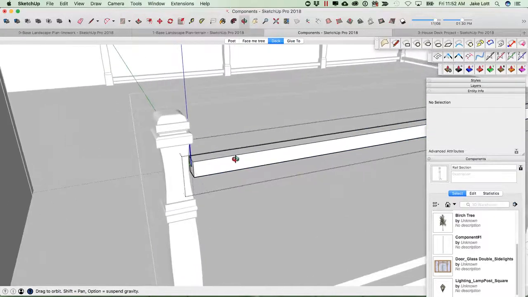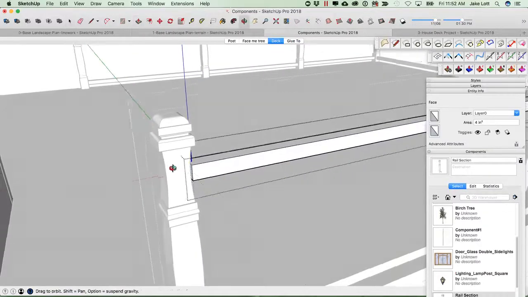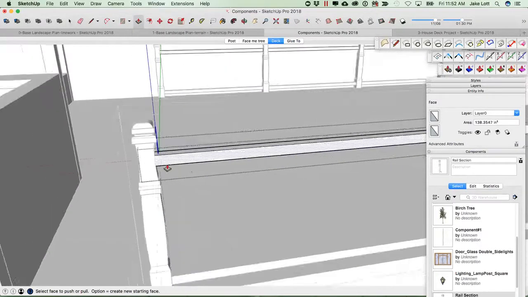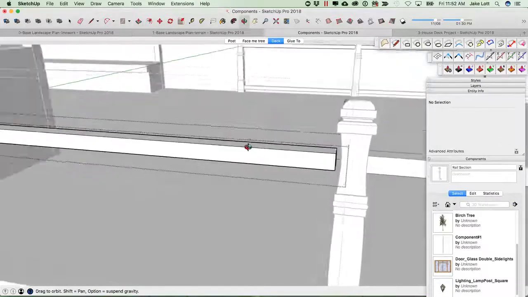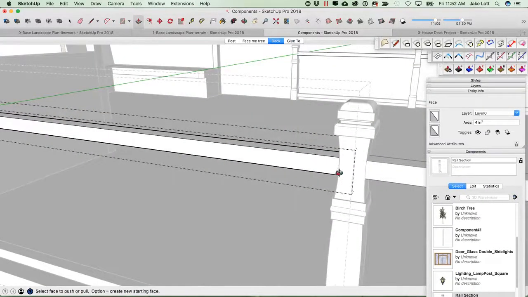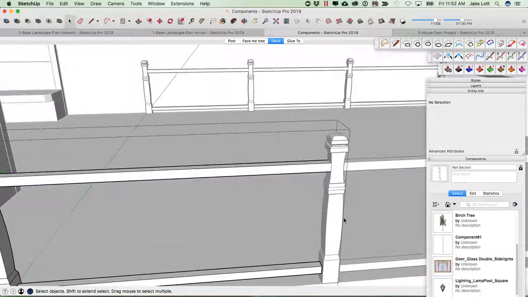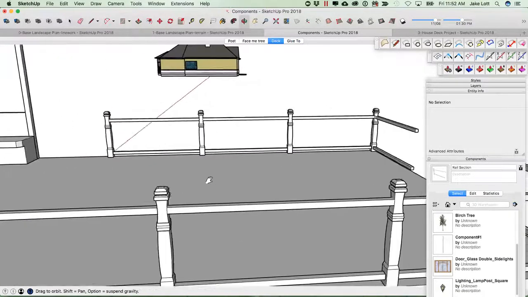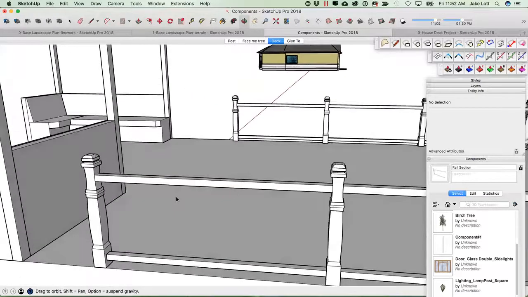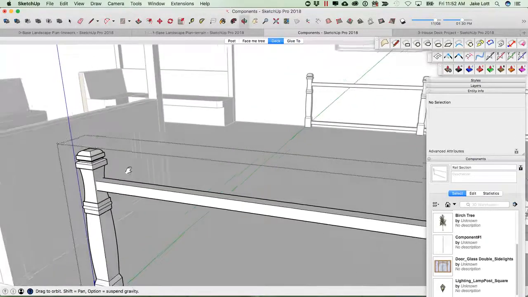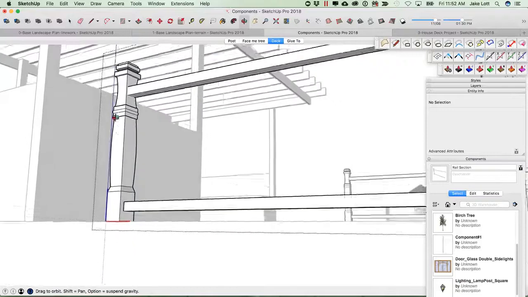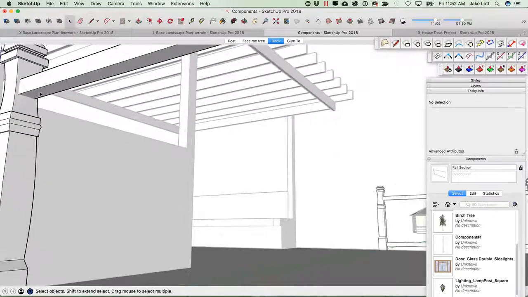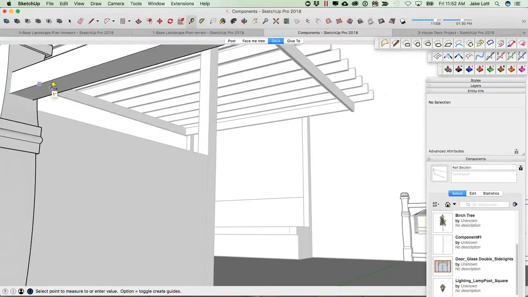And I can just double click into this upper rail. I can use push pull. I can inset them in just for the purpose of cleanliness there. And you can see that now every one of those has done that. So how I get my other guy in there, I'll just go into that component again, and let's make a little guideline just right here to get to the center of this guy. So we'll go 1 inch in,